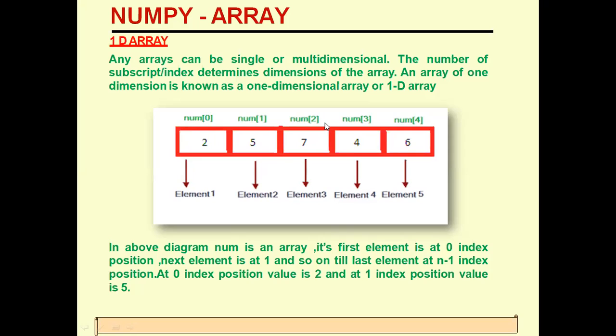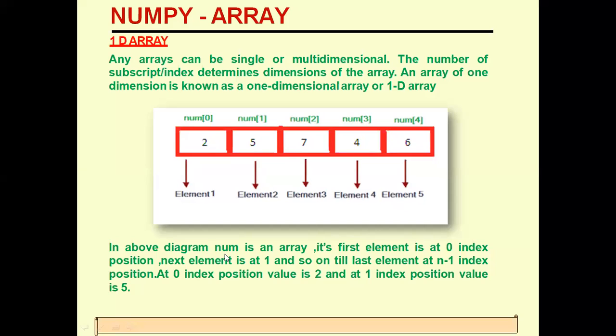See, the same variable is shared with different indexes here. So these are elements 1, 2, 3, 4, 5. These are different elements with the same variable with different indexes. An array index always begins with 0. You can specify the index, but by default it begins with the 0 position. A list has the same, but a list is a combination of different data types. So it is just like a list but not the same as a list.